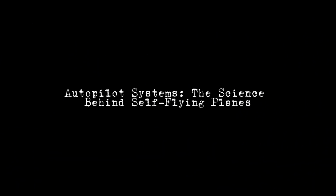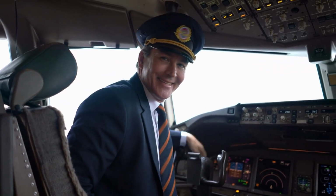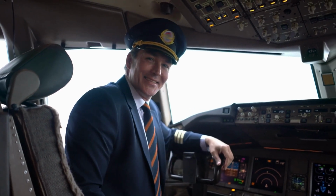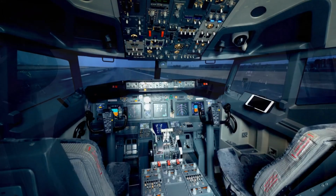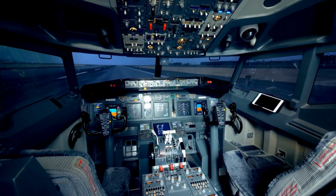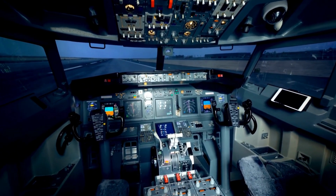Autopilot systems, the science behind self-flying planes. Autopilot systems in airplanes are a testament to the incredible advancements in aviation technology, allowing aircraft to fly safely with minimal human intervention. These systems are complex networks of computers, sensors, and software designed to control the aircraft's flight path,